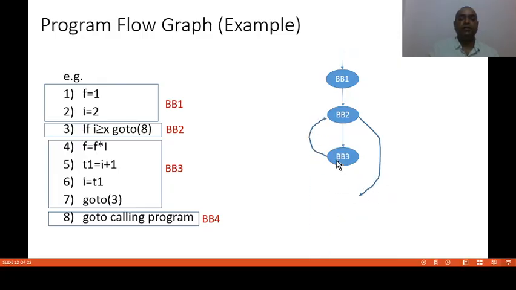And you can see here in BB3 there is goto 3. That means it will go to BB2. That's why there is an edge from BB3 to BB2 by using this statement goto 3. Now it will be connected to BB4, and this is the exit point of this basic block.